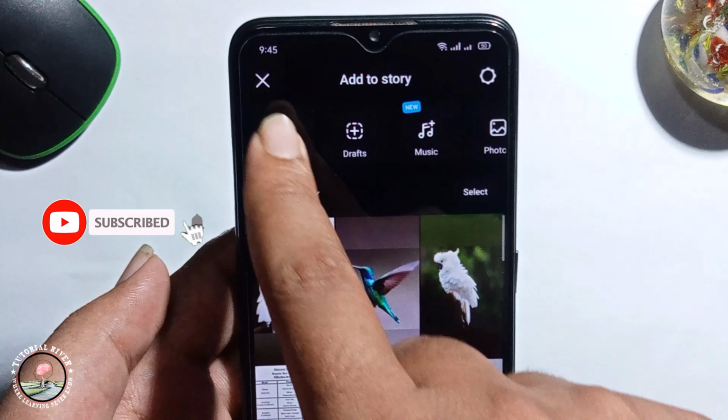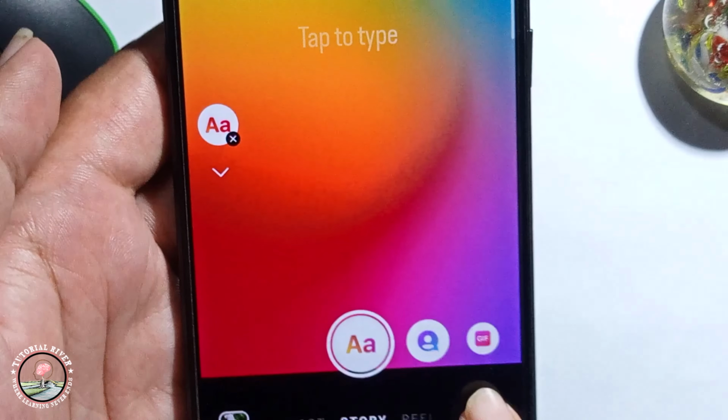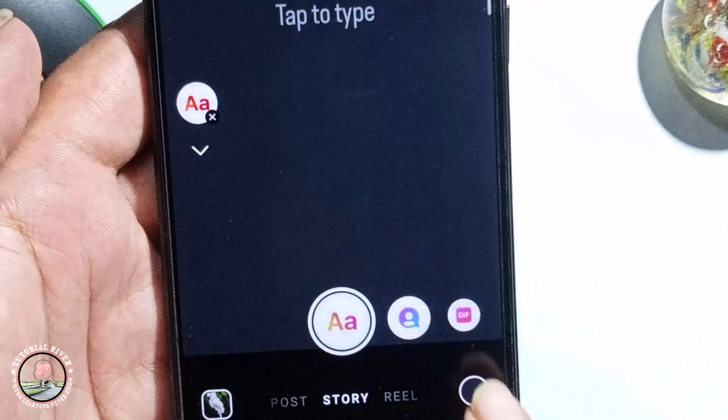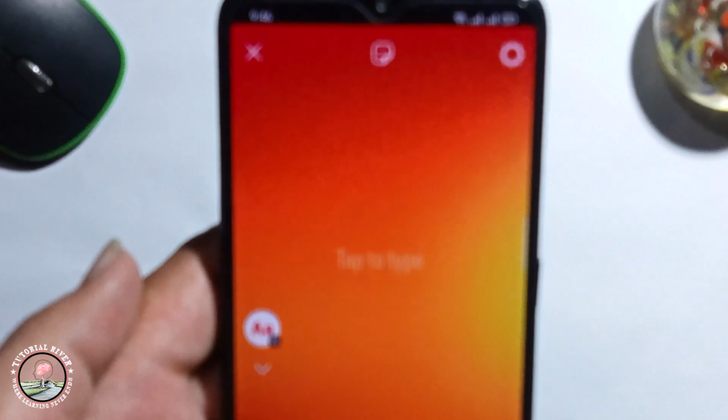Click on the camera option. Click on create. And you can easily change the color. And then, going to the sticker option, click on